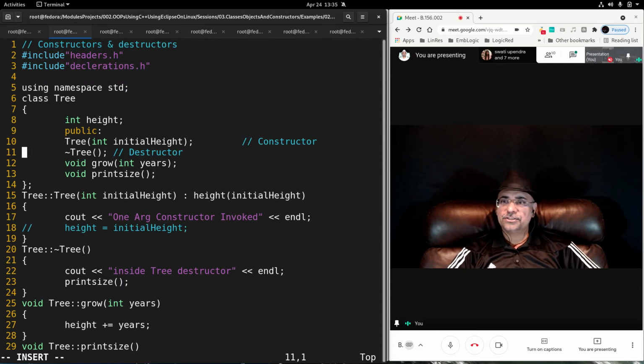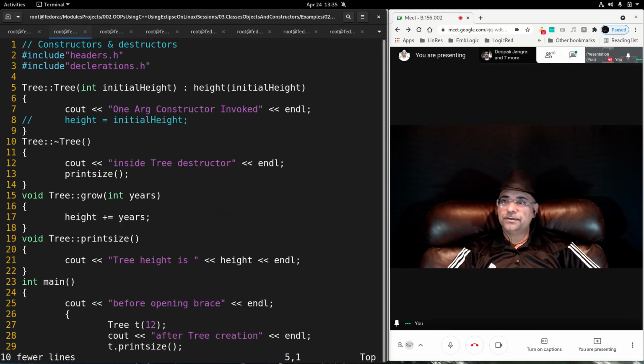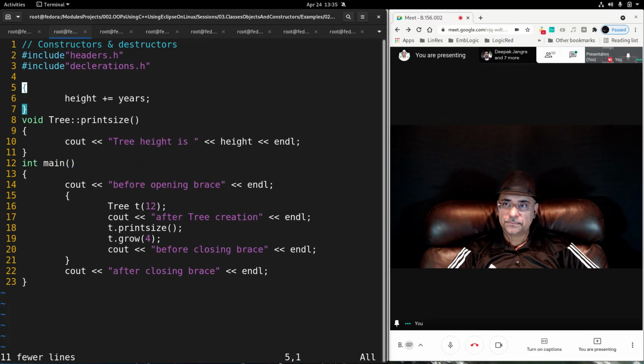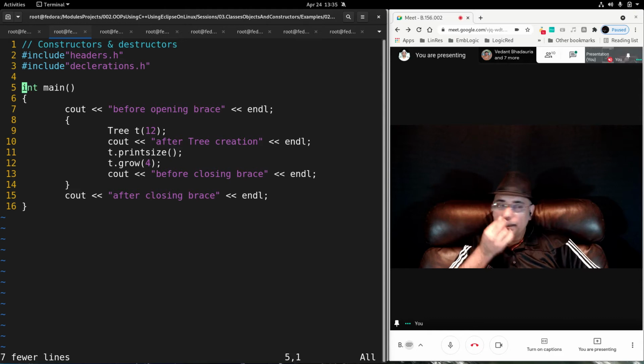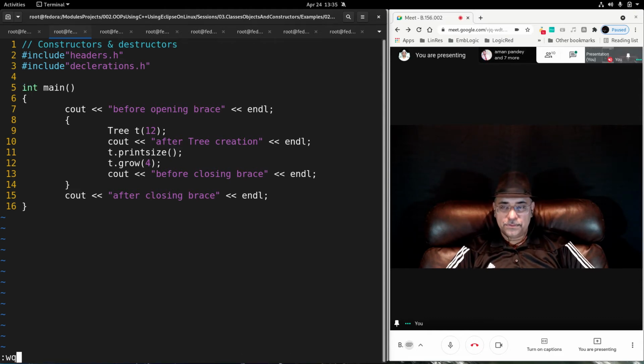And this is the declarations part from here to here. Remove it. You remove all these functions also. You will be using only main function, nothing else. Okay, that's all.